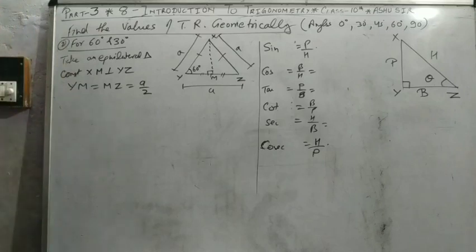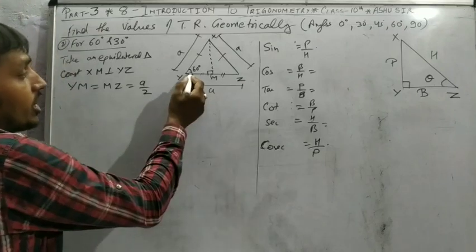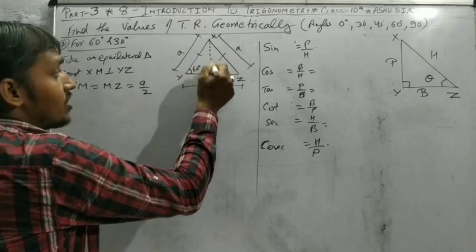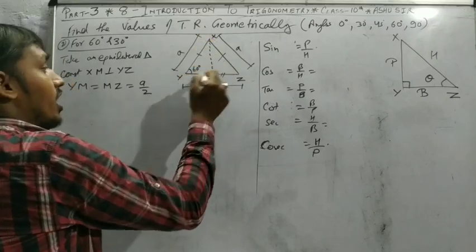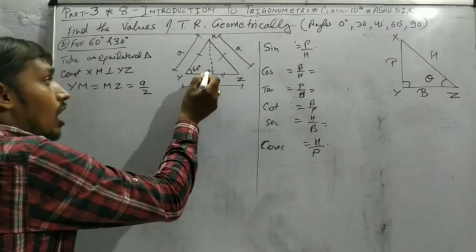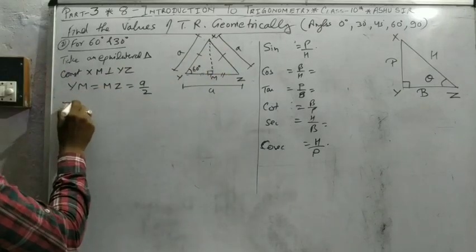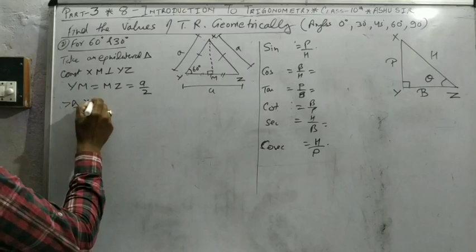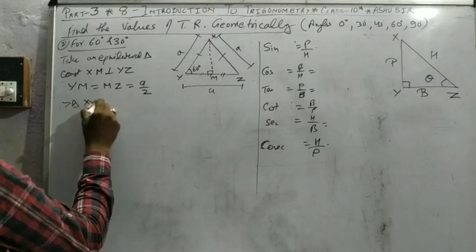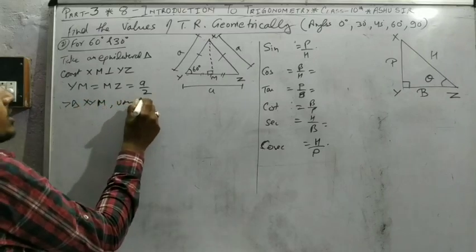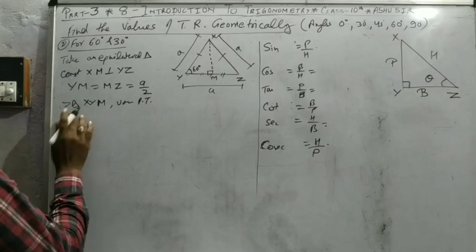Then for the 60 degree angle the triangle is XYM, but in this triangle we know the hypotenuse and base but not the perpendicular. So in triangle XYM, using the Pythagoras theorem, XY square